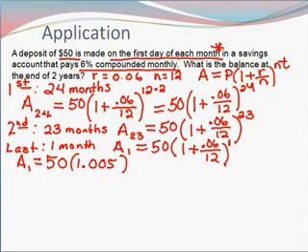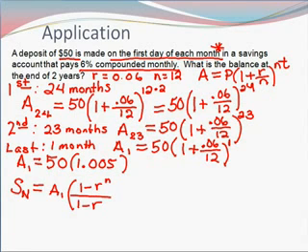Now it just so happens that we have enough information to use our summation equation from the finite sequence, because we have a finite number of months that we're investing this money, and that equation was S sub n is equal to a1 times 1 minus r to the n all over 1 minus r. So we just need to identify a1, which is right here. Now we need to identify r, which is right there,